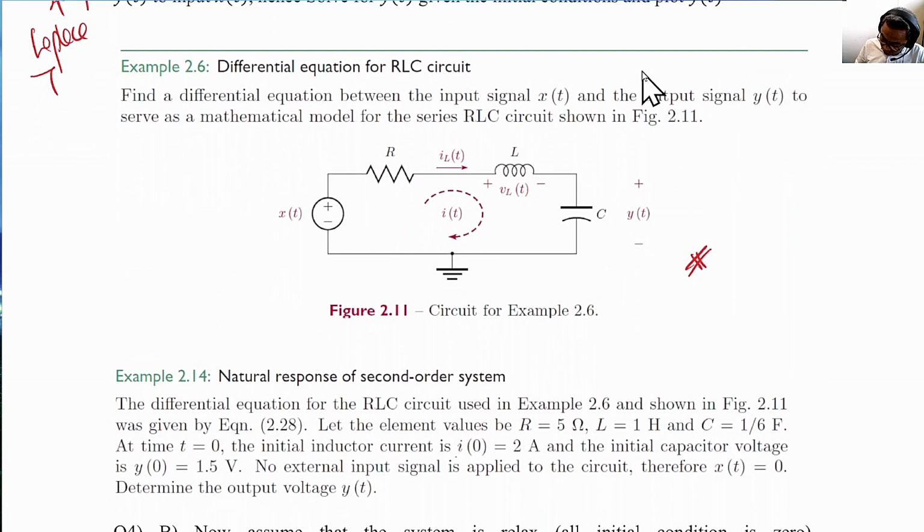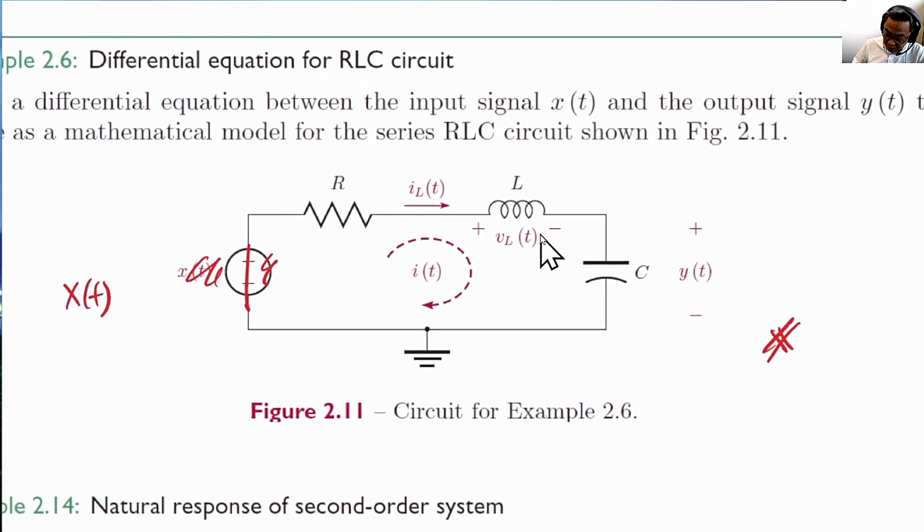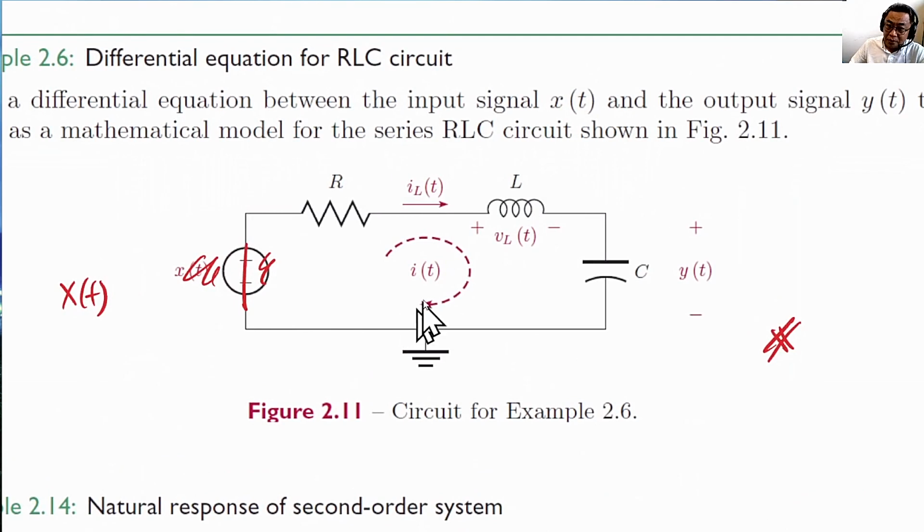The initial conditions are at time 0, the current is 2 as well as y(0) is equal to 1.5 volts. In this example, there's no external input circuit, so this is a short circuit, and x(t) is 0. The resistor given to us is 5 ohm, inductor is 1 Henry, and capacitor is 1/6. So basically, there's no outside signal driving the circuit, but there are initial conditions, and we're asked to solve for